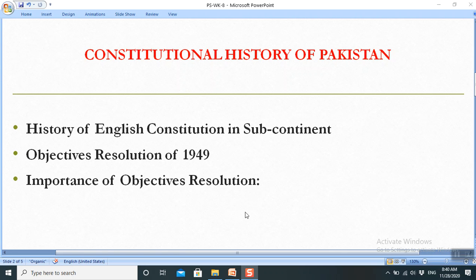He also wished that the constitution must express full liberty to the minorities, and they must be free in celebrating their religious norms and living according to their religions. Civil liberty plus the basic human rights must be available. So these were some of the objectives in the mind of Quaid-e-Azam Muhammad Ali Jinnah,